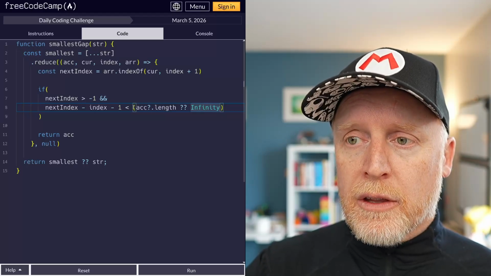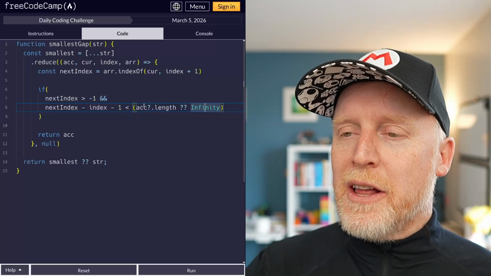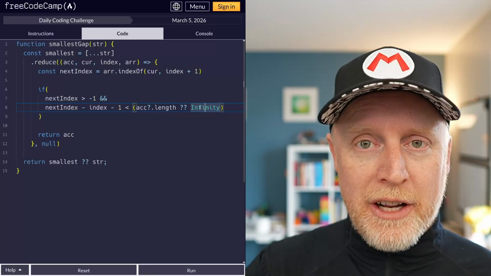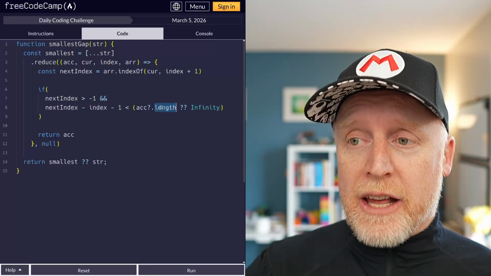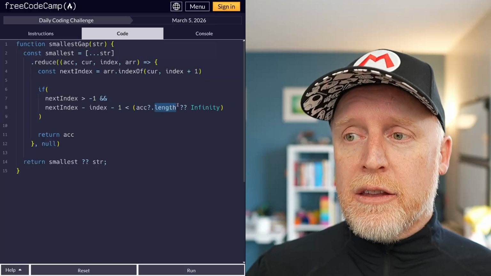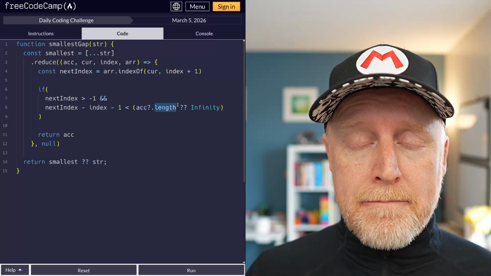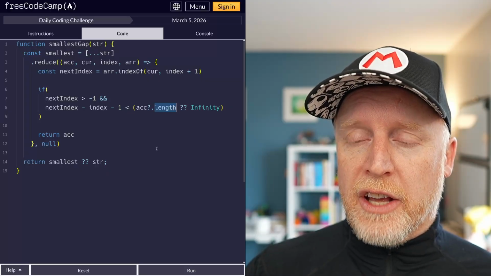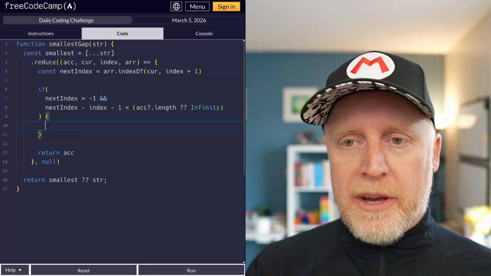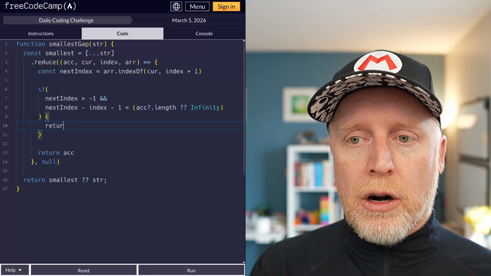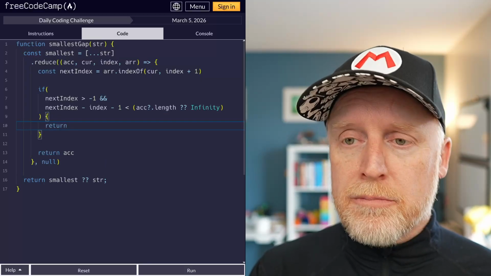Okay, so if it is null, then we return infinity. If it's not, it should have a length, and that length needs to be something. So we're going to test against that. Hopefully that's making sense, because right here we are doing our final return for this section, and that's going to